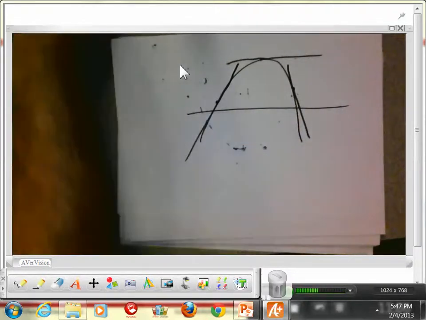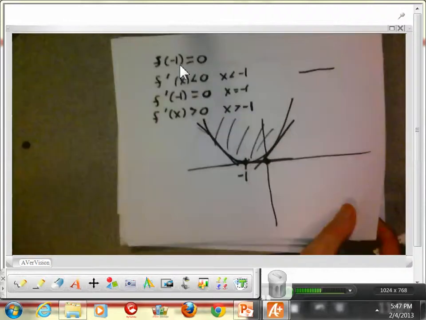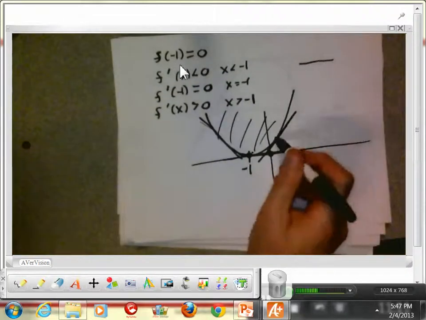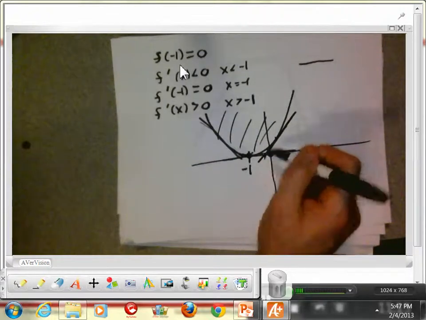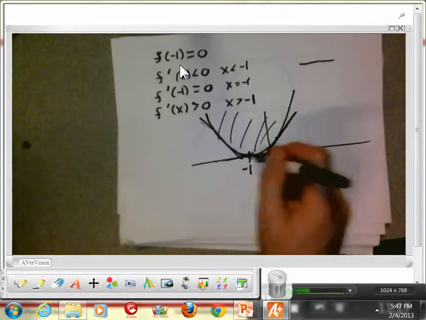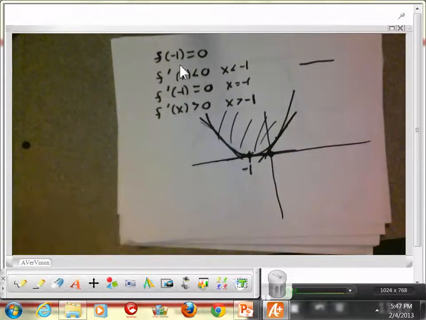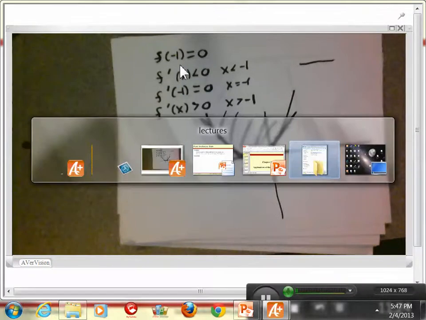Mathematically, what does concave up mean? Mathematically, concave up means that every point on the curve is above its tangent line. This point over here has this tangent line. This point over here has this tangent line. Okay? So if we go back to our